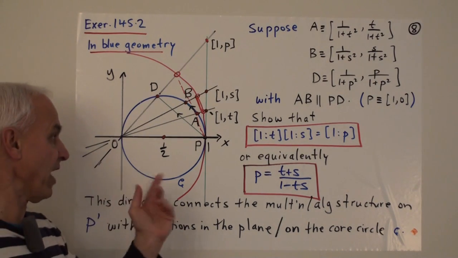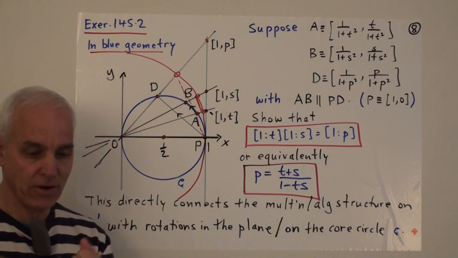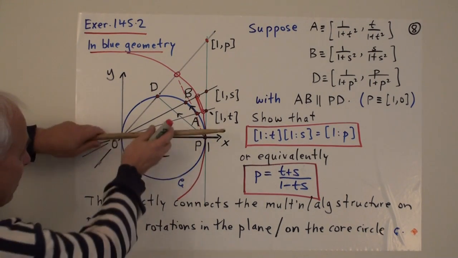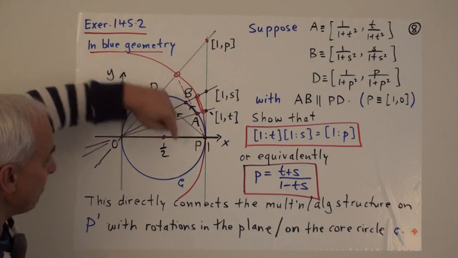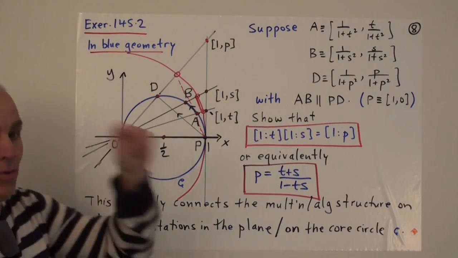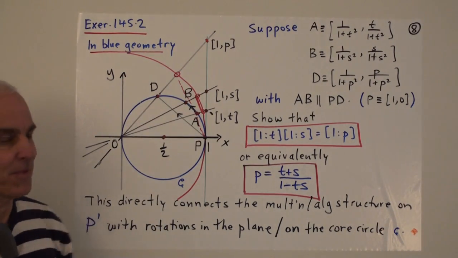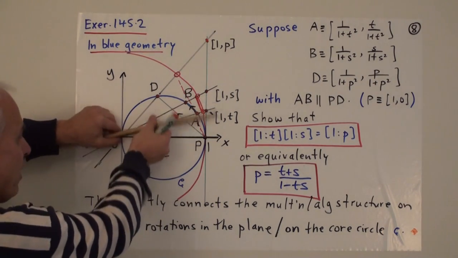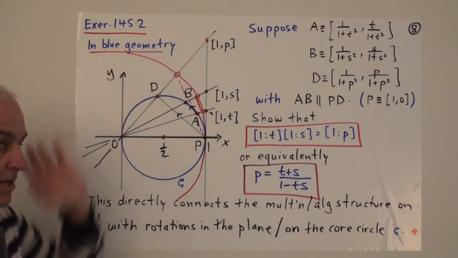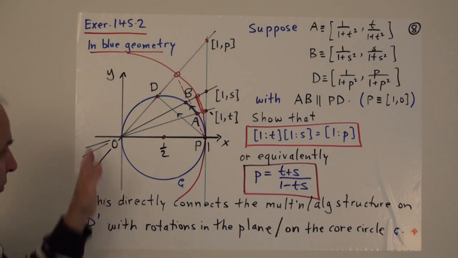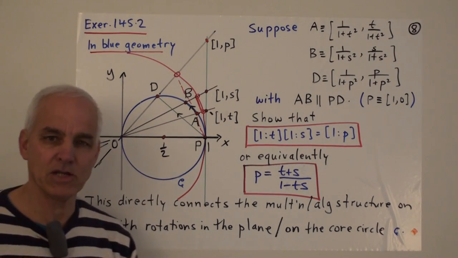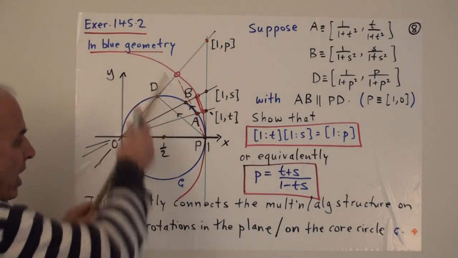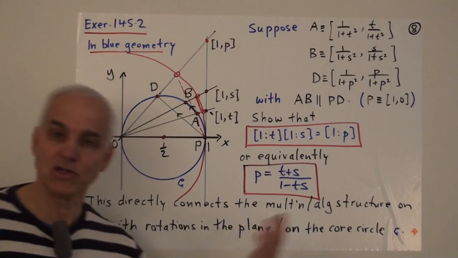But with the proviso that on the core circle, things are actually making sense at all times, because we don't have to worry about whether a line through the origin meets the core circle or not. It always does. Okay? That's not necessarily the case for the unit circle, because sometimes a line through the center will meet it and sometimes it won't. So the core circle is a much better way of connecting the projective line with the geometry and the algebraic structure of the plane.